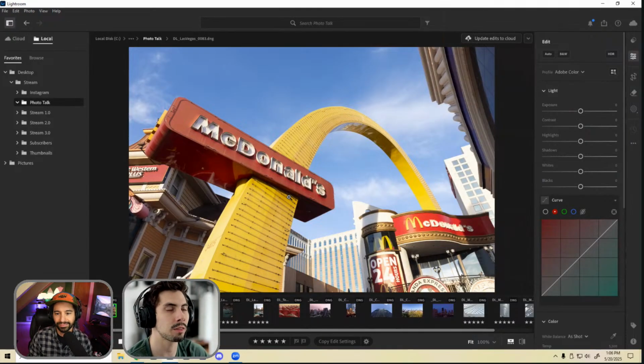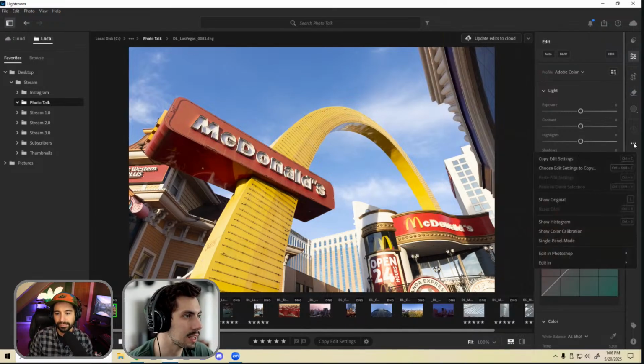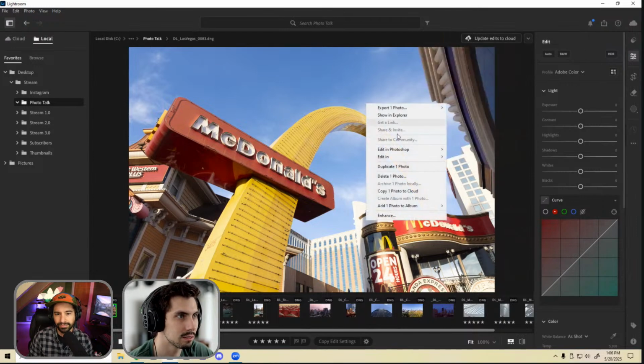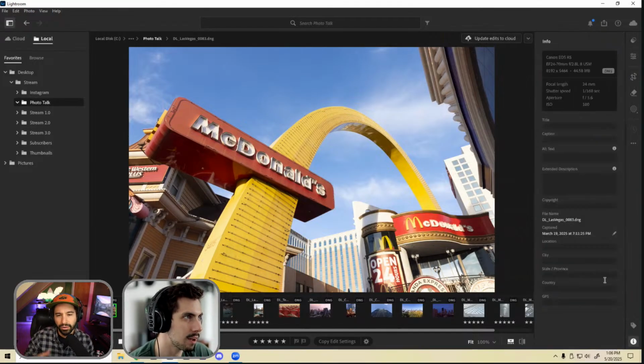So we're already starting out with a properly exposed photo, which helps us a lot. I think I was just using manual settings, and I believe we can check that here. There is a metadata panel that I'm not used to opening. But at any rate, once we do the uploaded community stuff, it'll give us all that metadata information. Oh, I might have found it. It's the info button at the bottom right corner. So yeah, you can see here I was shooting with an R5, using a 24 to 70 millimeter f2.8 lens,